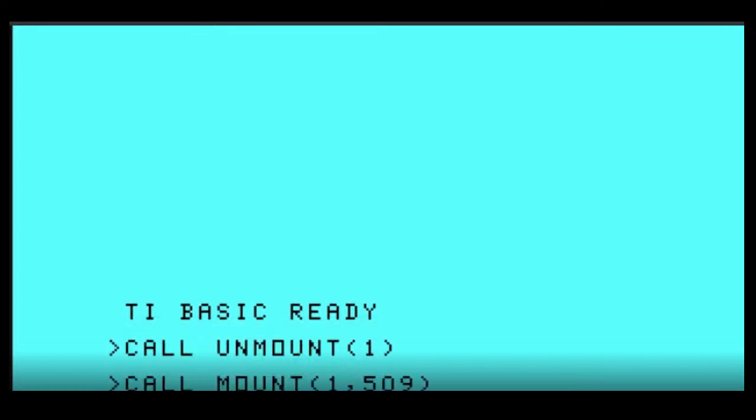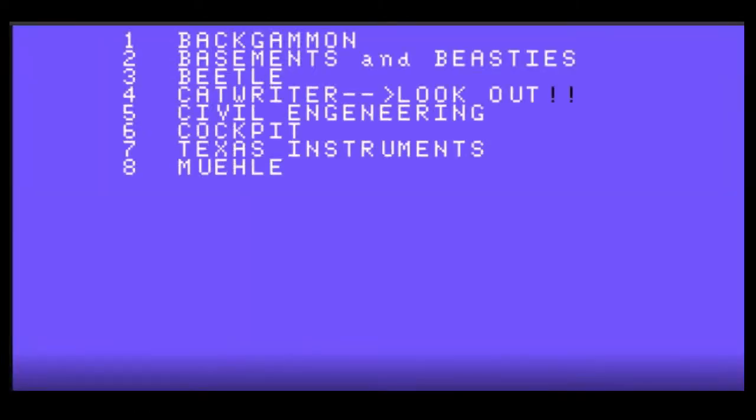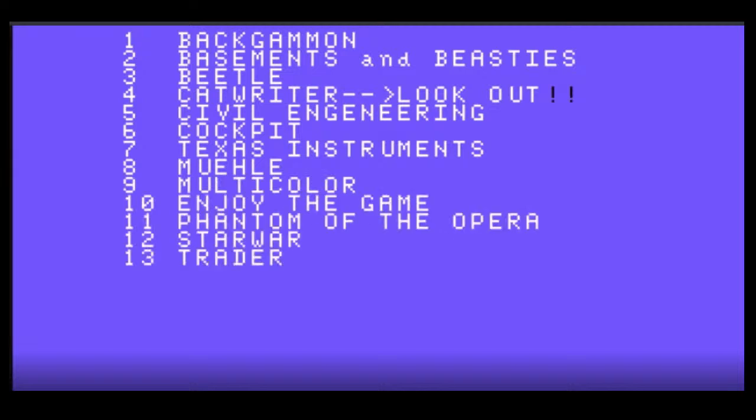This one's called Multicolor, and it's a nice demonstration of the multicolor mode on the TI. So we have what?